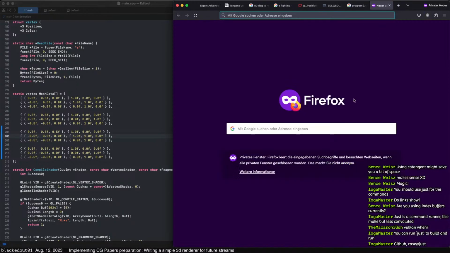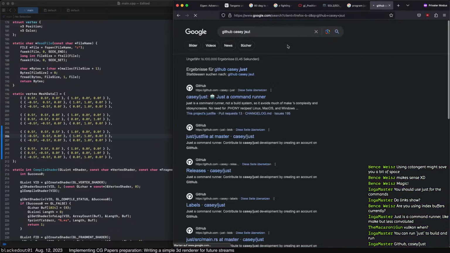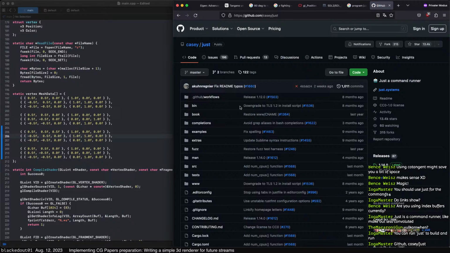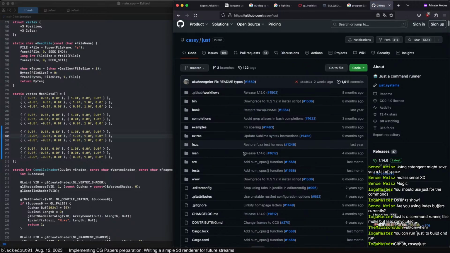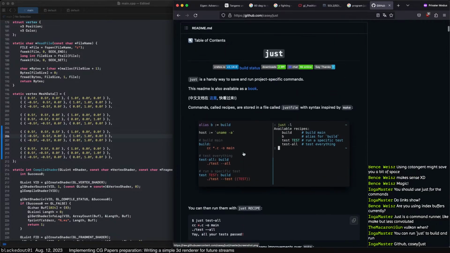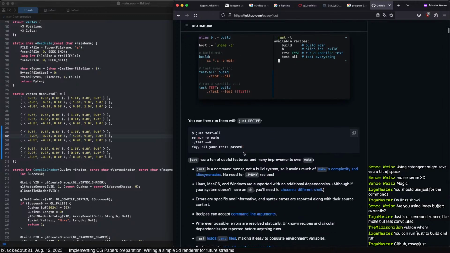GitHub. Just a command runner. Wait, so is this like a build system or